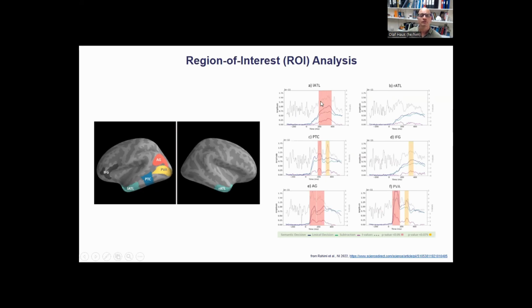But when it is above 2 for a longer period of time, even if it's just about larger than 2, then this will be detected as significant. And then there are other cases where the t-value might go much higher, up to 4 or 5, but for a shorter period of time. But this is then also detected as a cluster. It might be a shorter cluster, but the values are larger. So both of these are taken into account, the extent as well as the